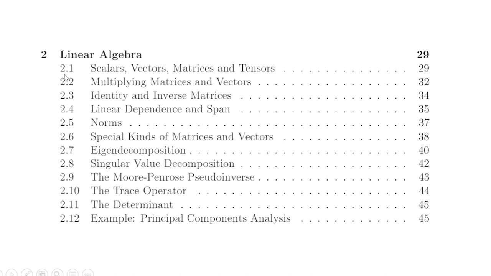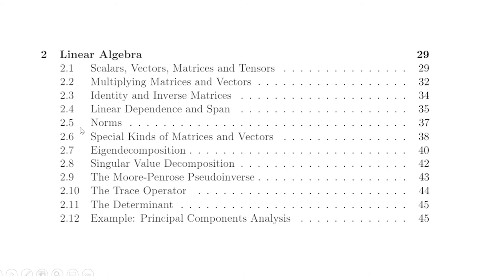Each of these sub-chapters here has a lecture that's tied to it, or more than one. The first lecture we just introduced. In the next lecture we introduce the basic mathematical objects we'll be dealing with in linear algebra: scalars, vectors, matrices, and tensors. The first couple of lectures are just talking about some basic operations we can do on these matrices and vectors. 2.4 is the first kind of difficult lecture where we introduce some uniquely linear algebra ideas like linear dependence and span. That's a bit of a long lecture, but it's one of the most important ones here.